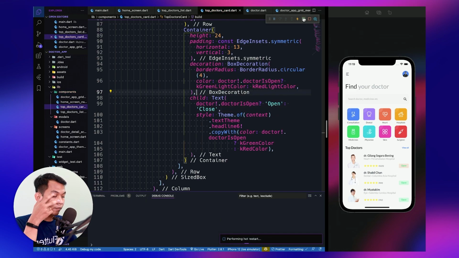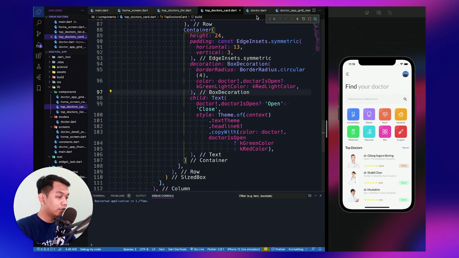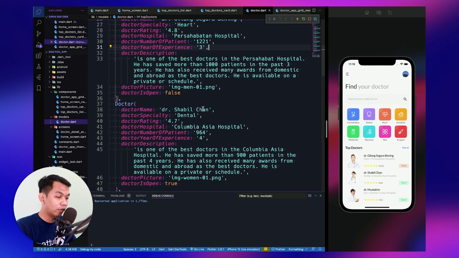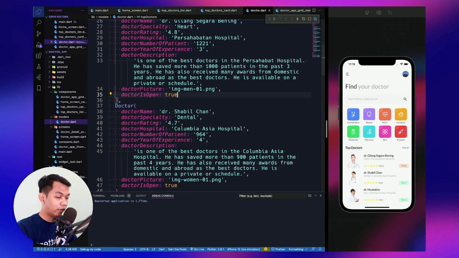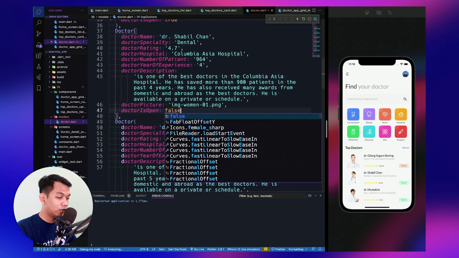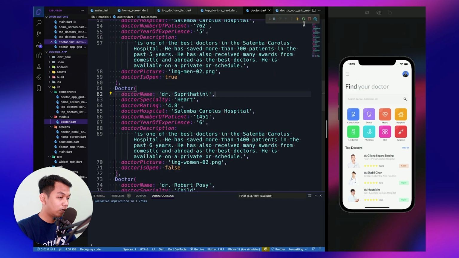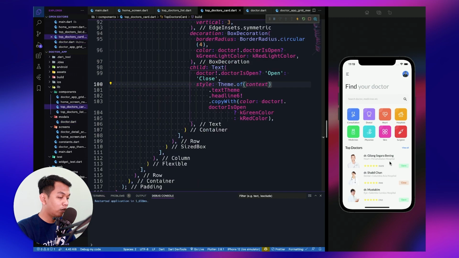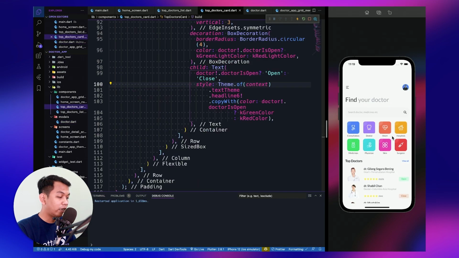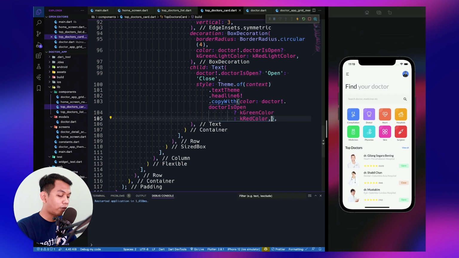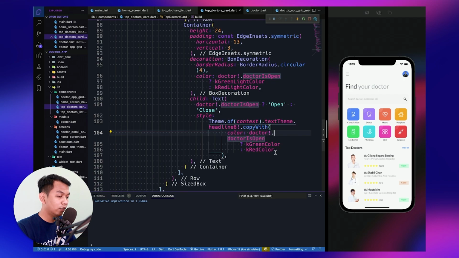It looks like this. Now let's change another doctor to true, and this to false and this to false. Let's restart our app, and now we see open and close dynamically, so we can read from our model. So we use this ternary operation, it looks like this.